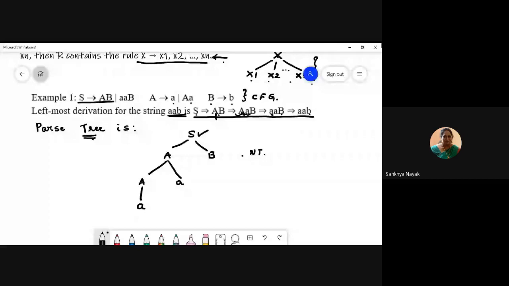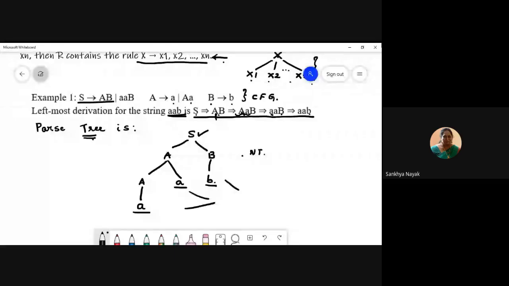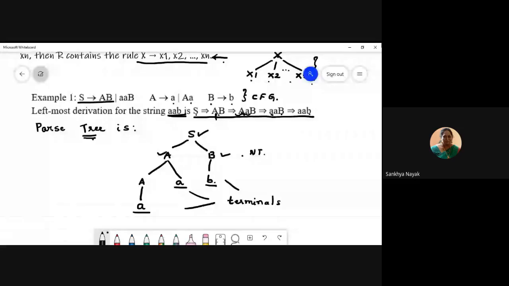So you can observe we have three leaves. All leaves are terminals, and all internal nodes which are not leaves are non-terminals, and the root